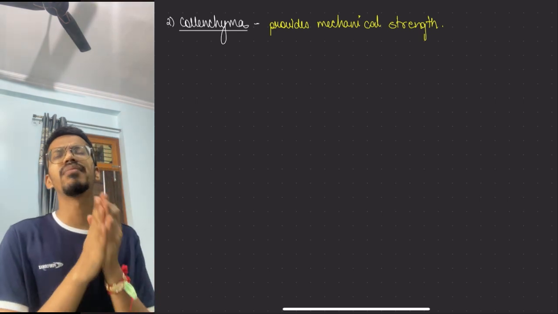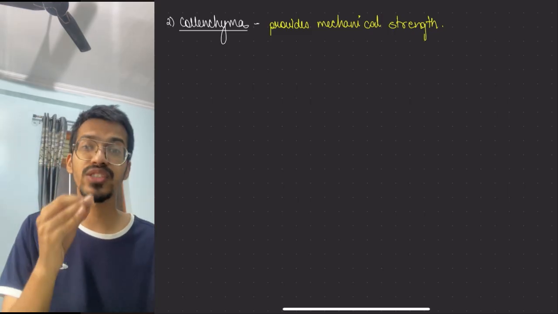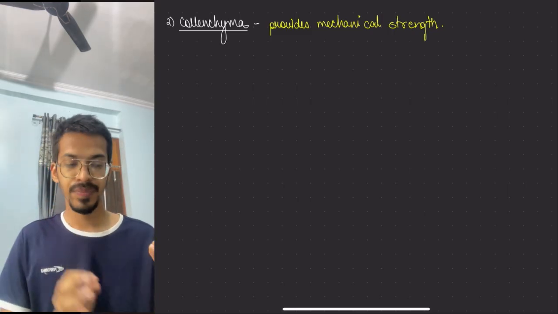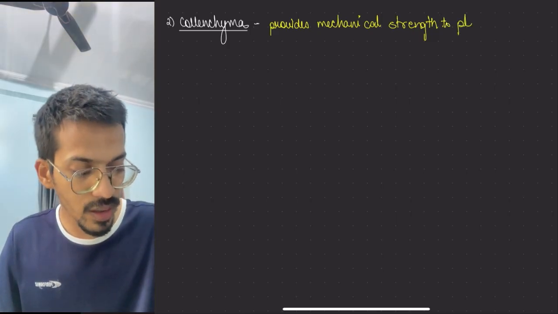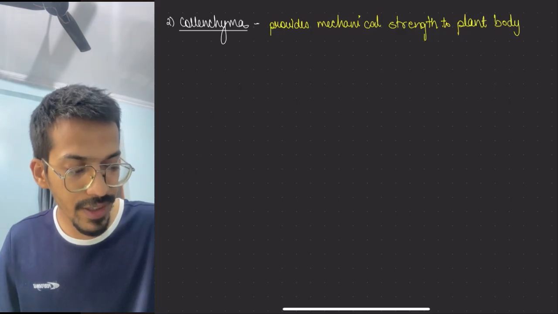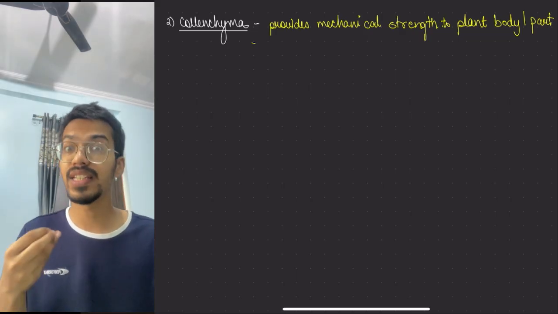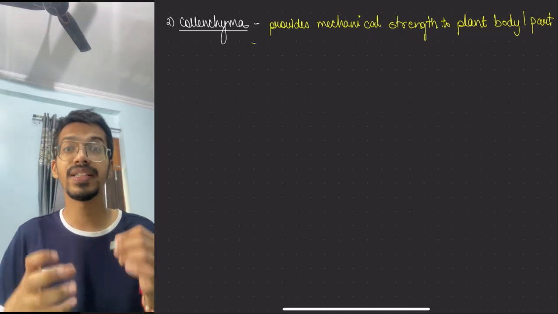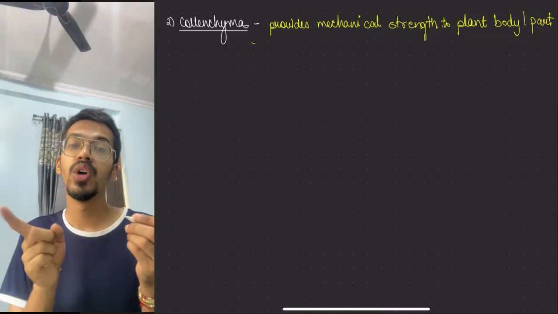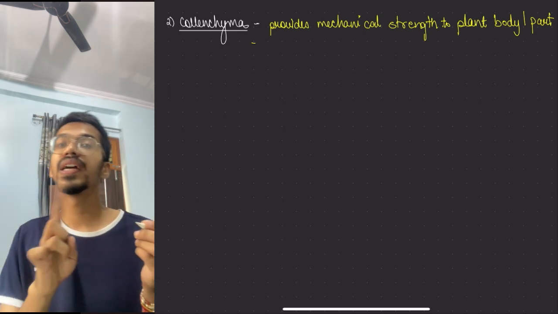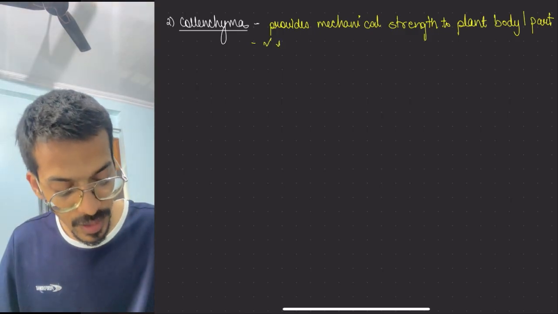Now the question is, if something is providing the mechanical strength, then there might be certain properties to it. So these cells would have those properties. We will see that. They provide mechanical strength to the plant body or part, whatever part it is present in. It will be present in the young stem, because the young stem is very fragile. When the plant has grown, the young stem is green also, but it should be able to withstand the effects of the air, winds and all those things, right? So it is present in the young stem